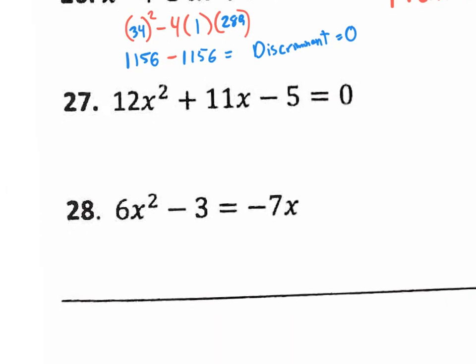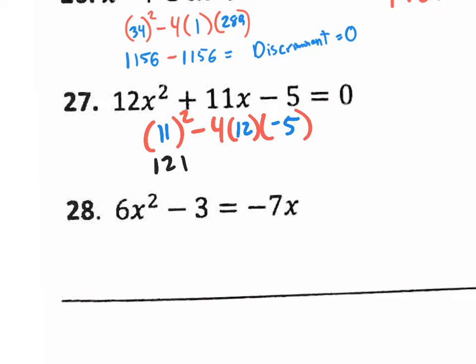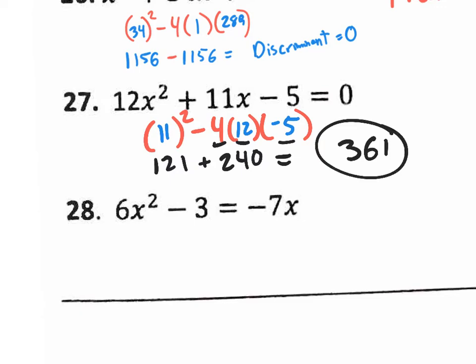Number 12, jumping right into the discriminant, b squared minus 4 times a times c. The b value is 11, a value is 12, the c value is negative 5. Again, this is the value inside the square root of the quadratic formula. So when I go 11 squared, that's 121. When I go 4 times 12, that's 48 times 5. It will be positive. We end up with 240 right there, and 121 plus 240 is 361. So my discriminant value is 361. It is positive, which would mean I'll have two real solutions, or two real roots, two real x-intercepts, whatever the